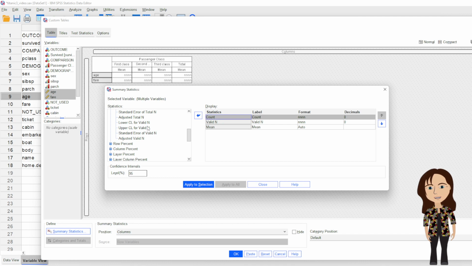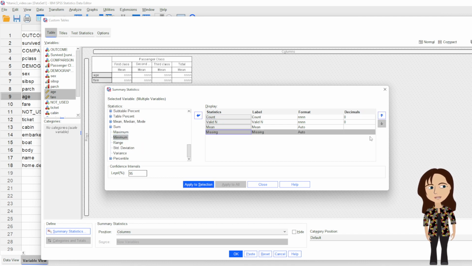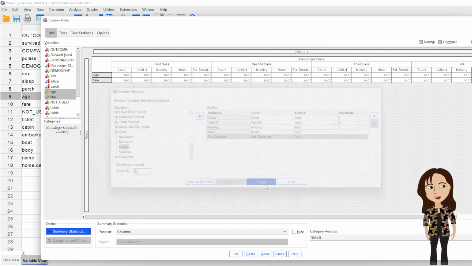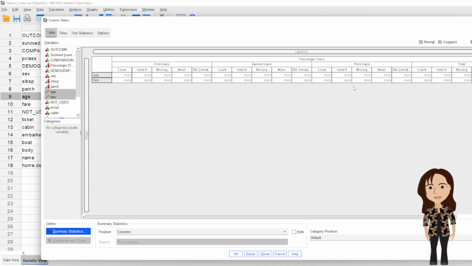Will it tell us the missing? I thought I saw there's a missing. So let's also get the missing and see if that looks correct. So the mean, and then what we would have with the mean is the standard deviation. It may give us too many decimal places. That might be something we come back in and change. So apply, close. Now you can see that this table is getting incredibly wide, and I wouldn't actually want all